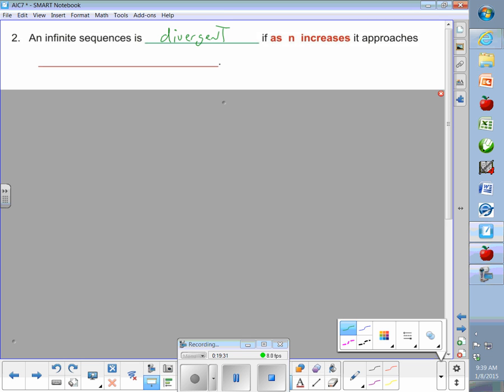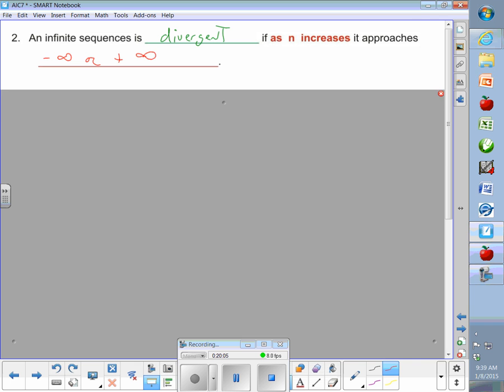What happens with a divergent sequence? As n increases, it approaches... it's divergent. It goes in two directions, and this is an or. So it heads, it approaches negative infinity or positive infinity. There are two possibilities on a divergent series. Again, it's an infinite sequence. It's divergent if it heads toward negative infinity or positive infinity. Divergent